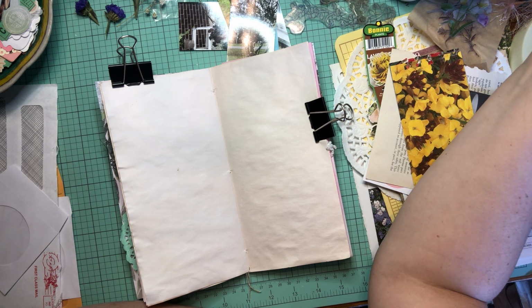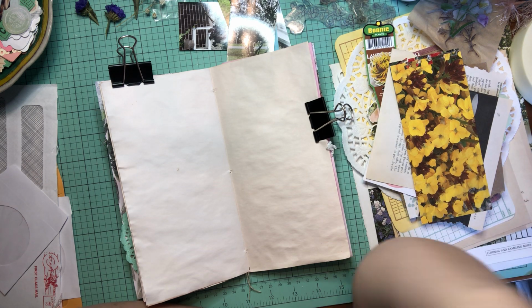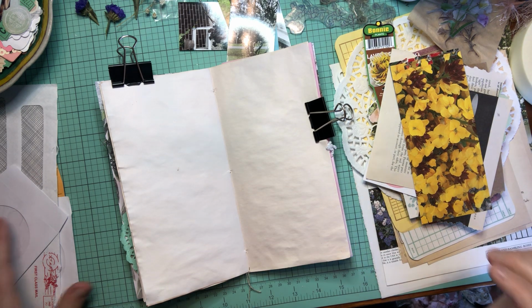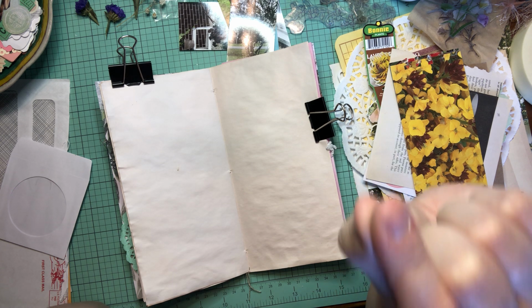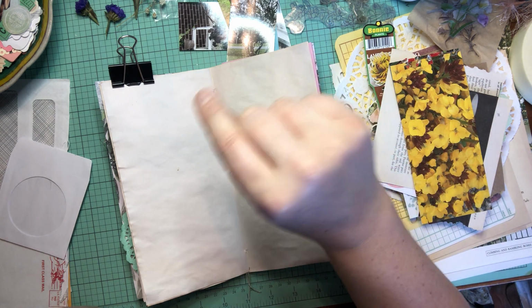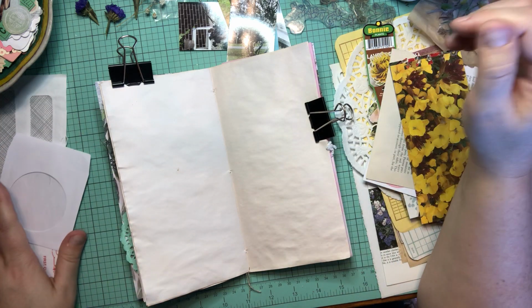A fuse tool. I'm kind of having to learn. I'll learn how to use that, but I don't know where all the pieces to that are. But it just melts your plastic together all around the edges, and it seals in things like that. Okay, so